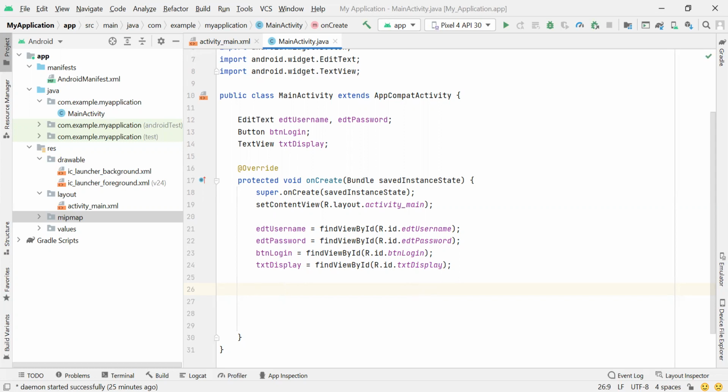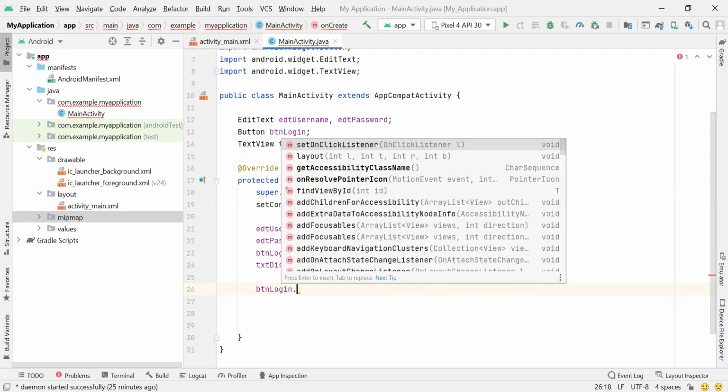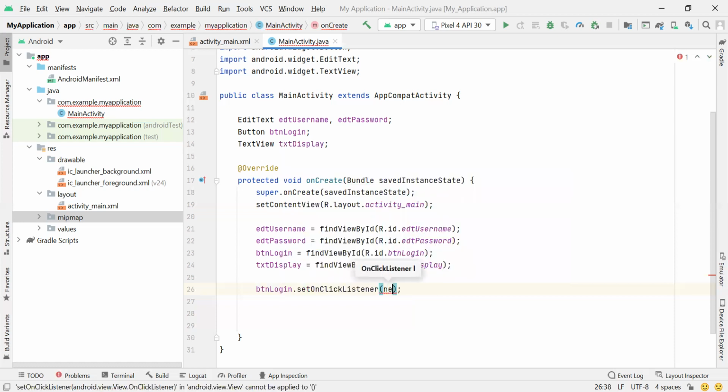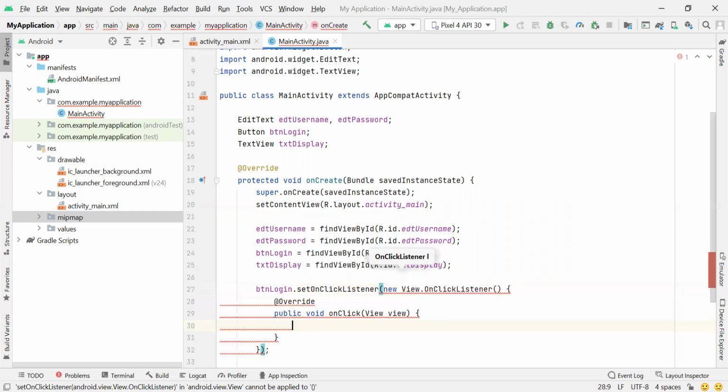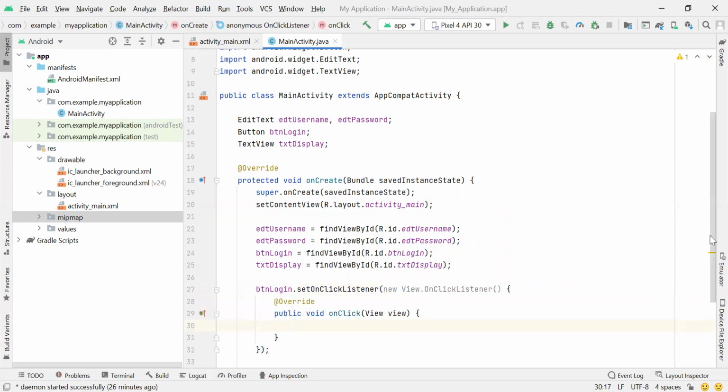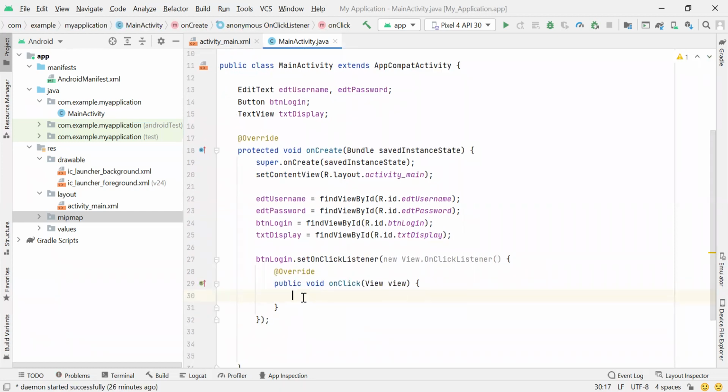So the first thing we're going to do now is we are going to take button login dot, we're going to set an on-click listener, which means that it listens for when the button is clicked, it listens for an action or a listener, and then we'll do something. So set on-click listener is what we need to use, and then new view dot on-click listener. So when this button is clicked, we're expecting something to happen. So what we're going to do here is when this button login is clicked,